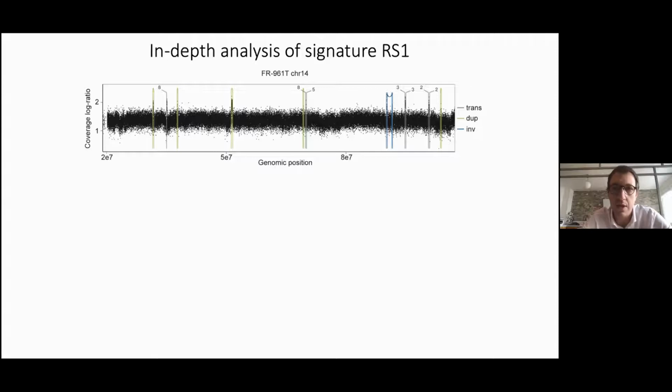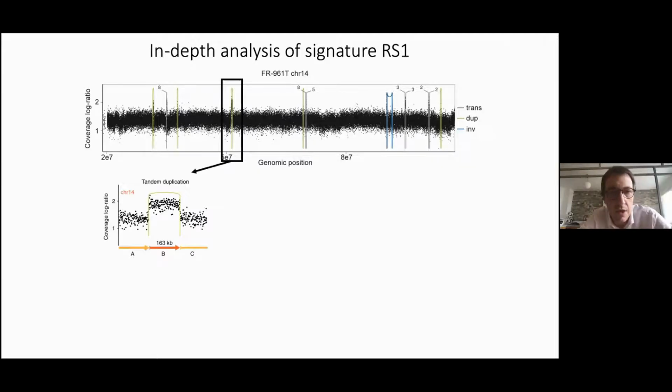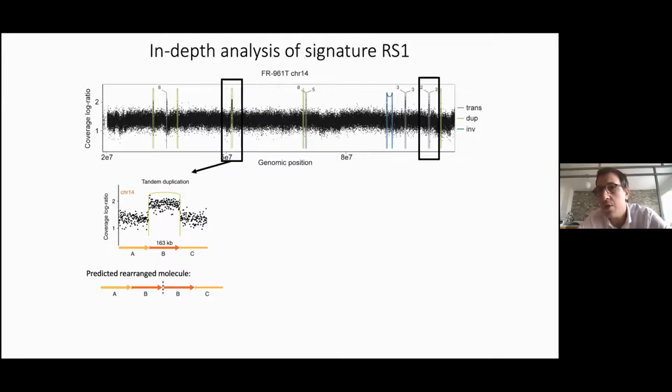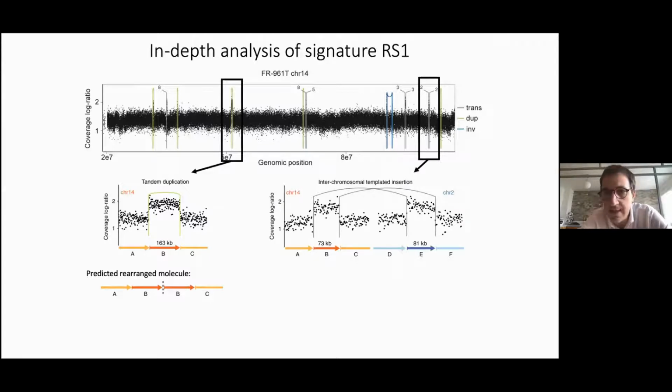whole genome sequencing. In some cases, the focal gains are induced by classical tandem duplications, leading to the duplication of one segment adjacent to itself. But in other cases, like here, a focal gain is actually surrounded by interchromosomal translocation breakpoints, here going to chromosome 2. And if you go to chromosome 2, you will see another very focal gain with interchromosomal breakpoints going back